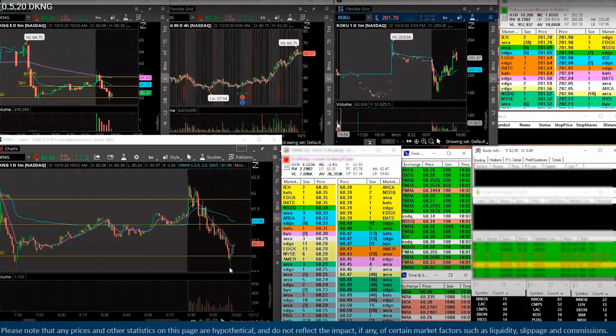You can't really use volume as a lagging indicator as much for these shorter time frame trades. And then once we reclaimed this 9 EMA, yeah, Matt, but if I could just jump in here,